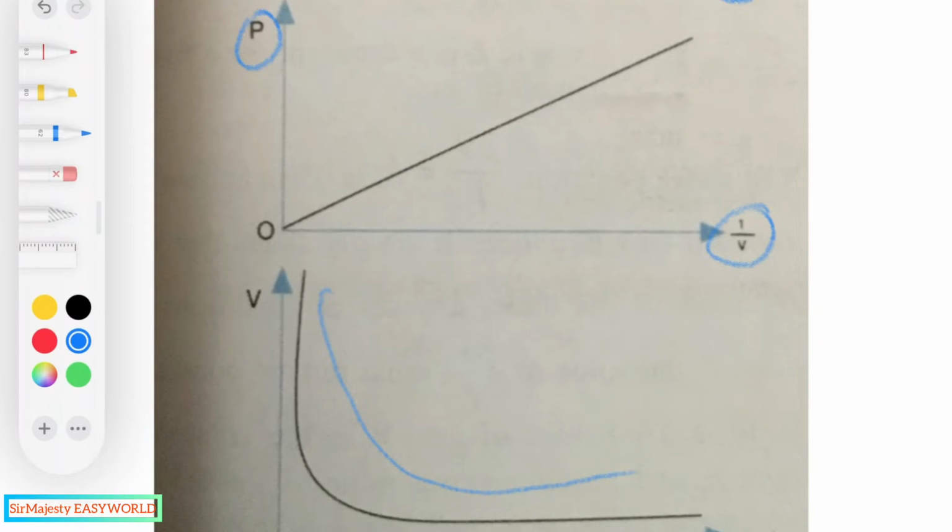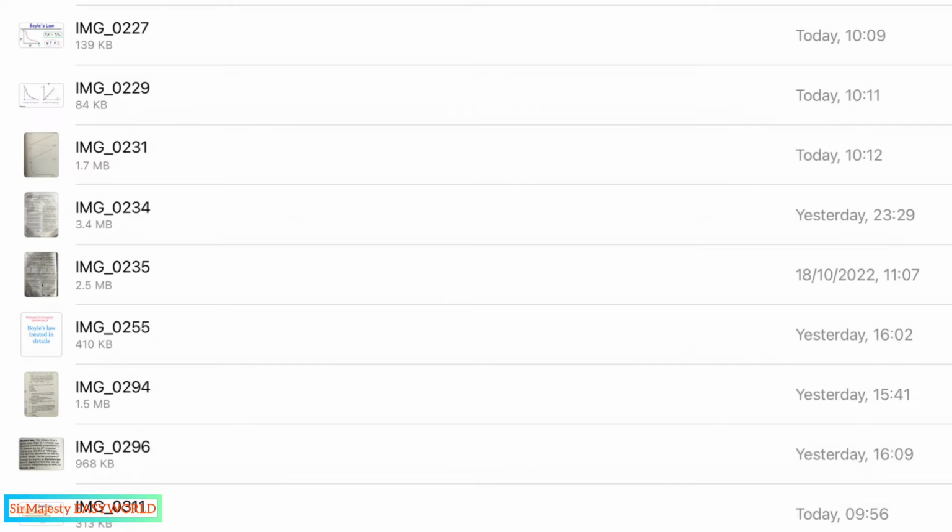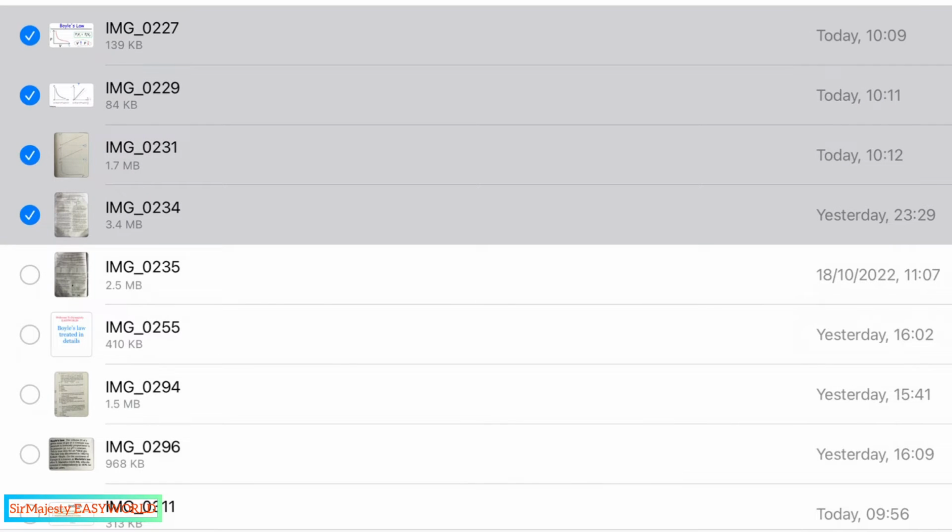I guess we are now good to go to the calculations and the cheats involved in this law. Then for these cheats, before we apply these cheats involved in Boyle's law,